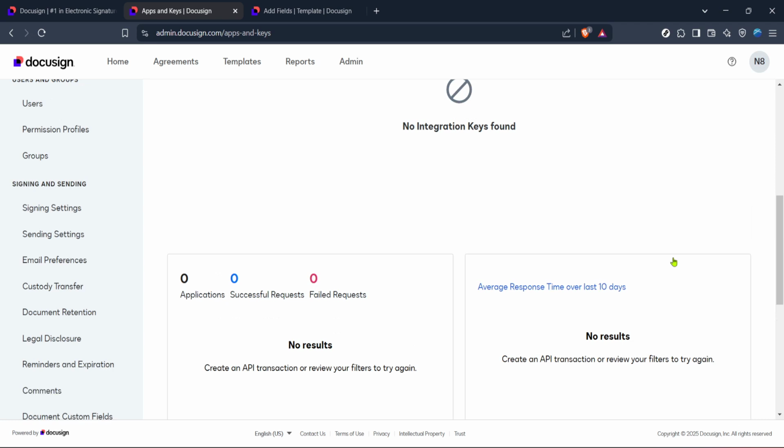You've successfully navigated through the essential steps of using DocuSign in 2024, making document signing and management a breeze. Take time to explore further, and soon you'll be a pro at leveraging this powerful tool for all your document needs.